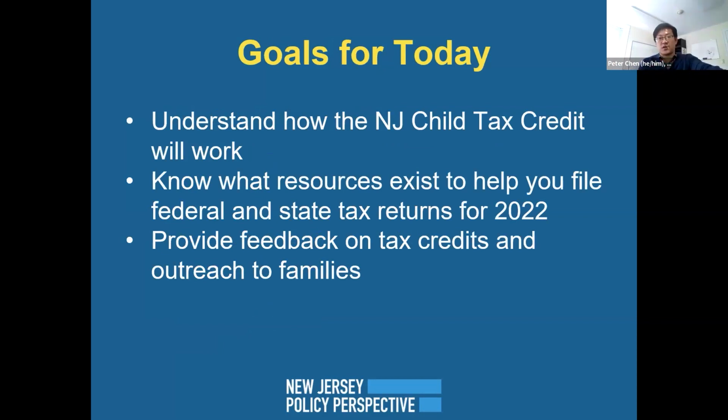So the goal for today is really to just understand how the child tax credit works here in New Jersey, to understand what resources exist to help you file your federal and state tax returns. I was glad to see Citizen Action is here. Citizen Action can help you file returns for free, and getting some feedback on tax credits and outreach to families. So